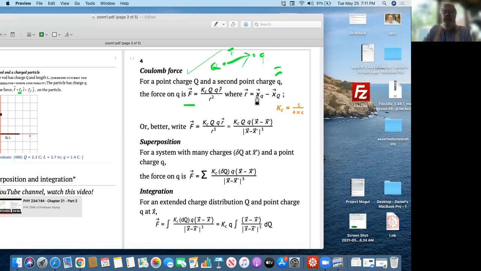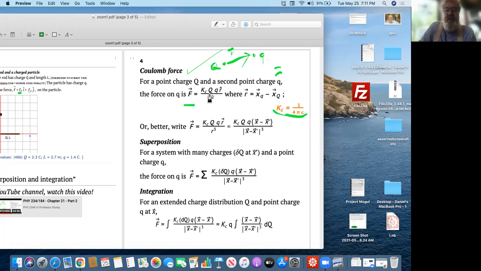So that's x_q minus x capital Q. You know, someplace you have an origin, if you go to Q and then you go across r, you end up at little q. So r is x_q minus x_Q. This constant, k sub c, it's sometimes written as 1 over 4 pi epsilon 0. That's a universal constant. It's just a constant of nature. Depends on the units that you use. In our standard units, it's approximately 9 times 10 to the 9th.